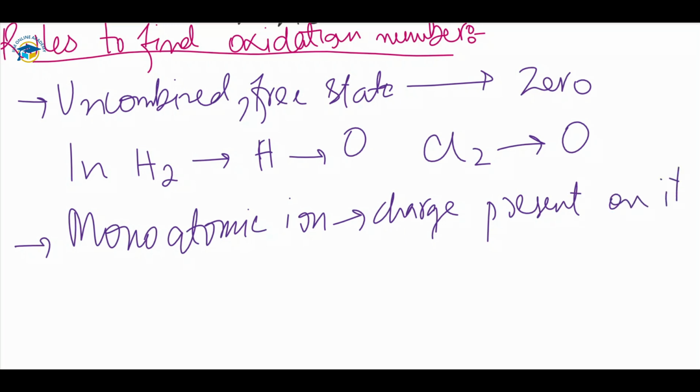For example, you have zinc, which is present as +2, and in the previous example we have read about the iodide ion like this, so the charge is -1. On the zinc we have +2. In the case of oxide, O2-, the oxidation number is the charge, that is -2 on it. So the third rule is,